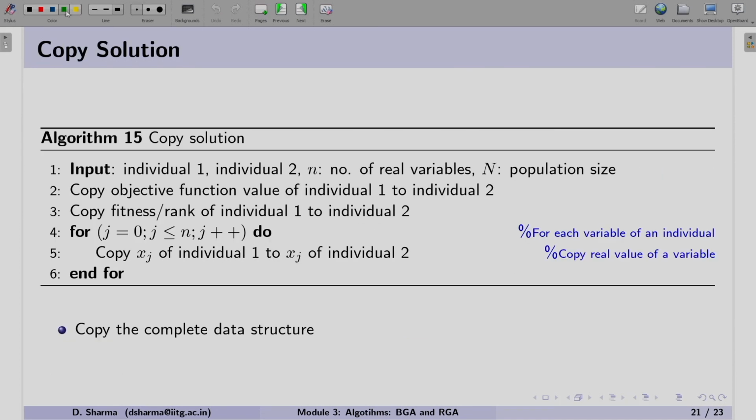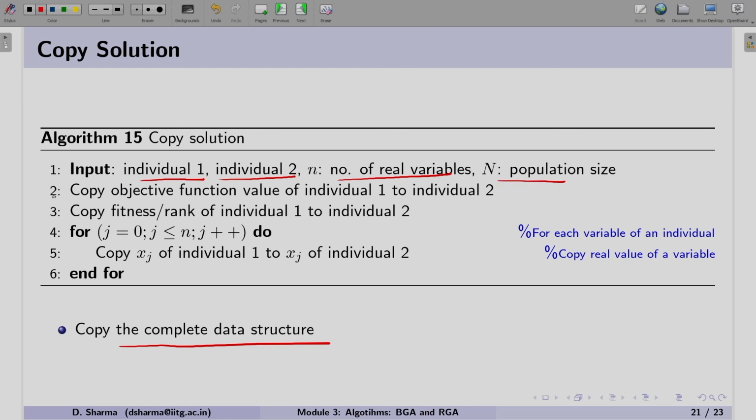Now coming to the copy of this solution, as you can see in algorithm 15, our main objective is to copy the complete data structure as mentioned at the end of this slide. Again, what we need is individual 1, and the data of individual 1 will be copied to individual 2, and we need, for example, the number of real variables and the population size.